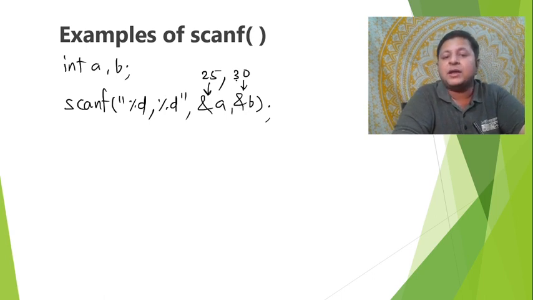Again, the reverse is also true. If I don't have a comma here and if I put comma in between the two in the input, it will still not be able to read the second argument. Fine. So actually, by doing this, I can very well force my user to give input in a typical format.